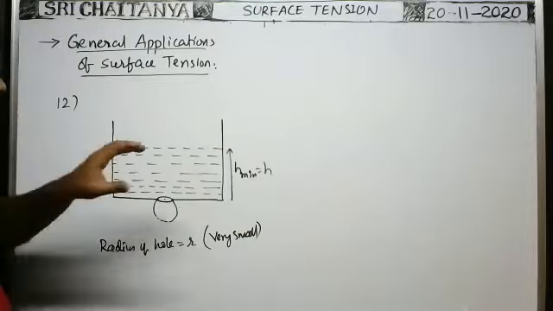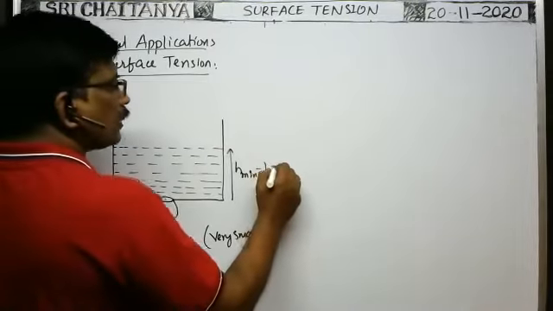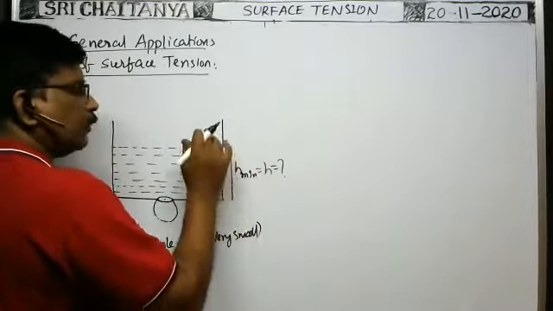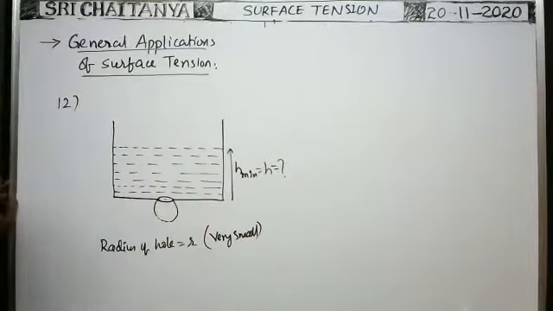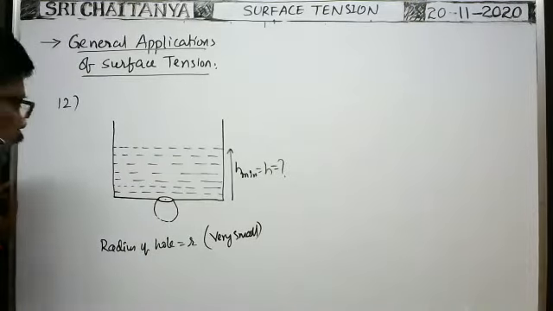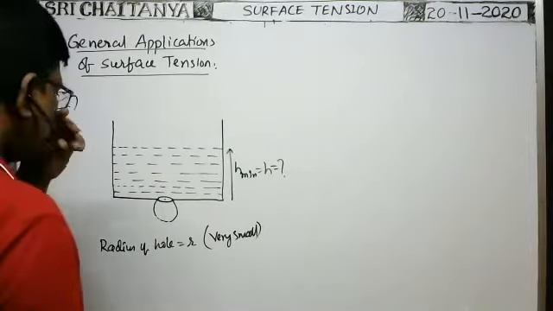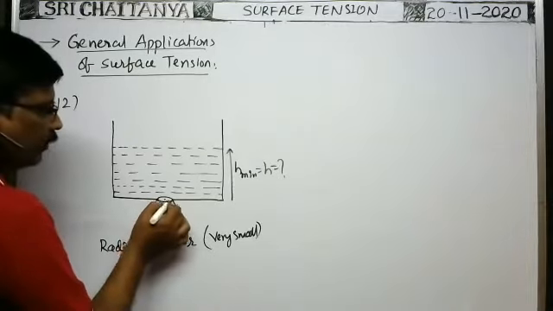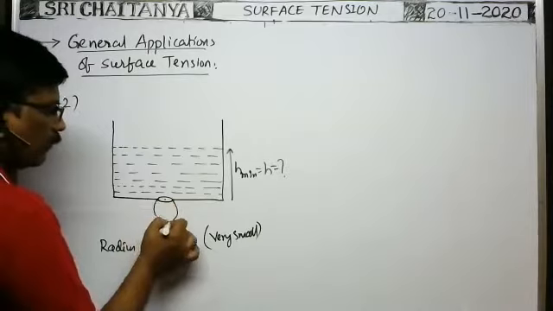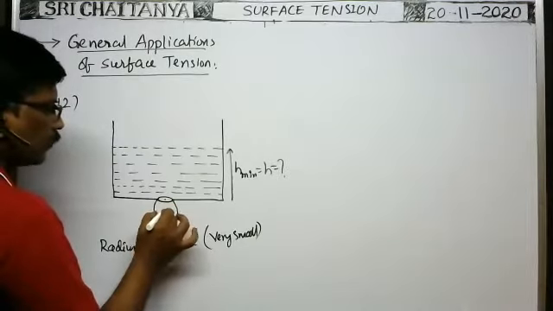Okay, then what is the minimum height up to which water, or liquid, is taken in a beaker so that the liquid comes out through the hole or orifice? That is the case. Okay, so here, first of all, before the liquid drop leaves the hole, the shape of the liquid drop is like this. Center is this one.